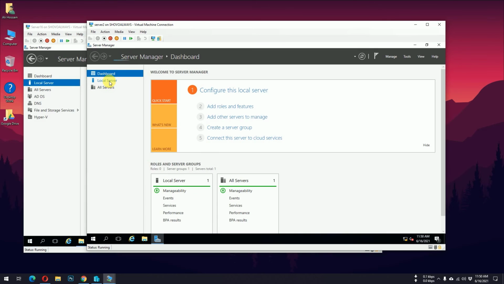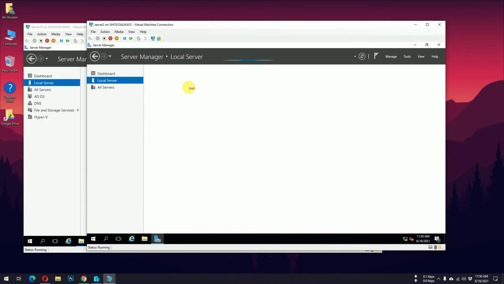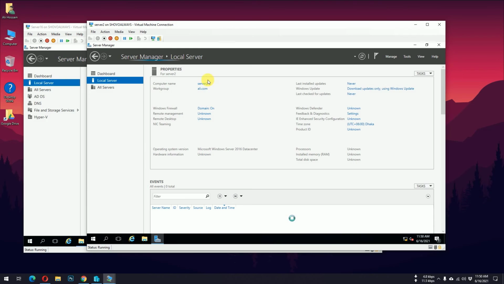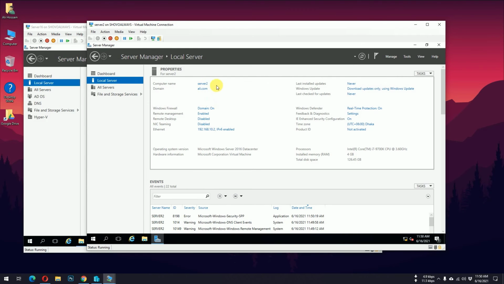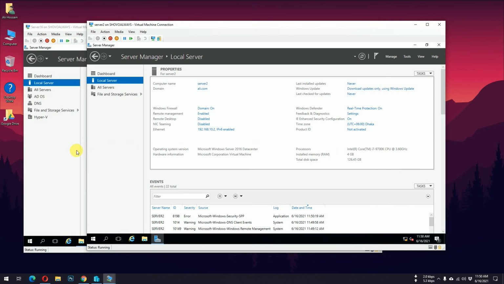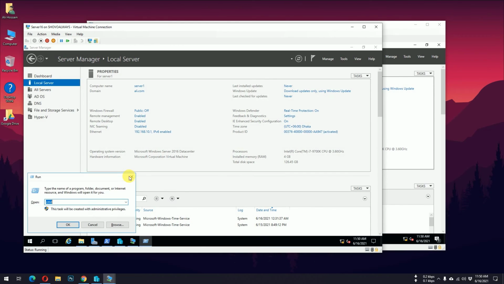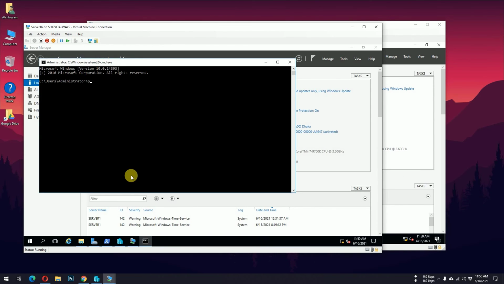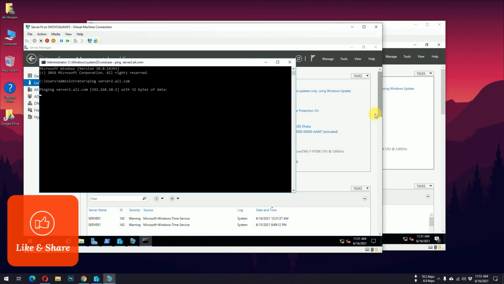And now if I go to the local server setting, you should see that it's actually connected with the domain. Now you can see server 2, and then also it's here. So now I can communicate from this server to this server, as well as this server from this server. So now if I try to communicate, if I go to the CMD, and if I write here ping, and then if I write here server2.ali.com, and then if I hit enter, in that case it should actually communicate with this.